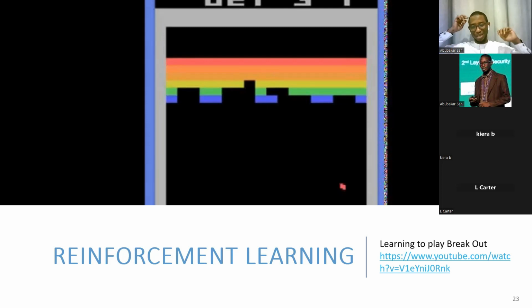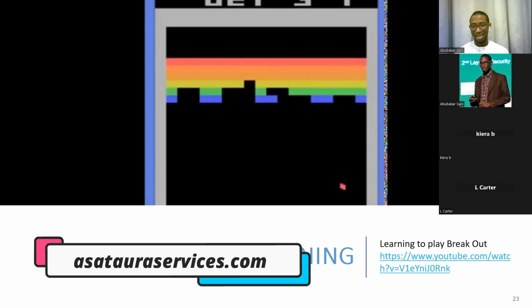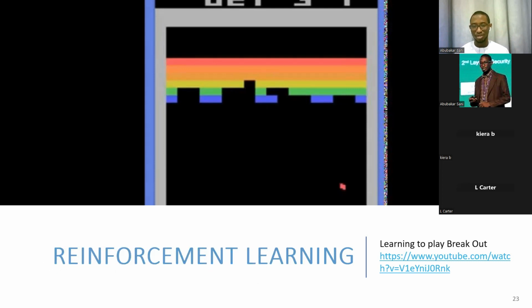So the funny thing is, after 4 hours, it tries to learn something that grandmasters of this game normally do, and that is called tunneling. So it goes and creates a tunnel from the side and it throws the ball all the way up so that it keeps going on and on without the brick breaker even moving. So the agent was the table that moves around to catch the ball. That means this table has two actions, right? Move left or right. So these are the actions that this agent can take: left, right, two options.